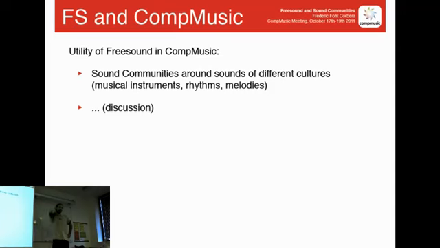I don't think Freesound will ever be a place to talk about Turkish music. That's not the point. It may be a place to talk about specific sounds of a specific instrument or specific drum patterns. That could happen. This is what Stereos has in his thesis, the idea is to work on drum patterns of the bendir or darbuka or something, but this is a very limited type of